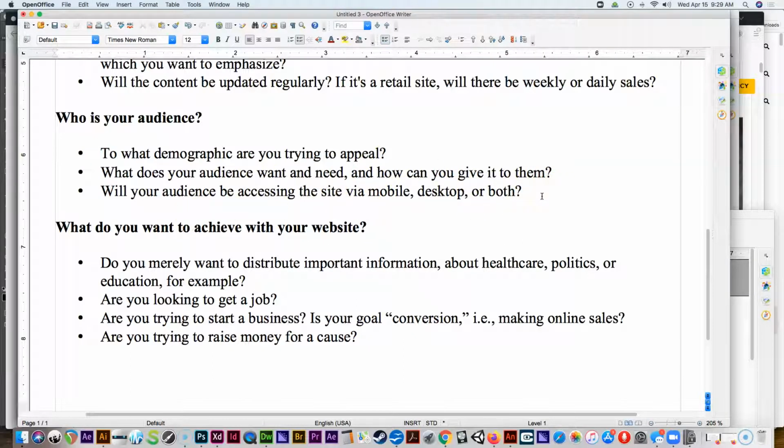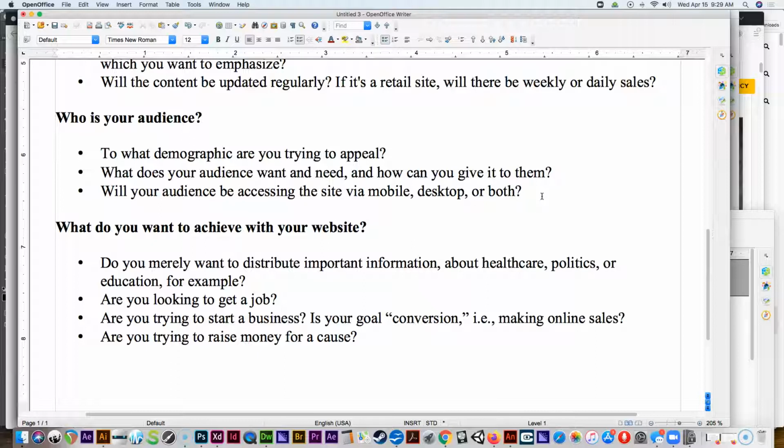Say for example that you were doing a website for a startup, or an imaginary startup, and it was going to be a social media marketing company. Well, obviously, you're catering to a young audience that is mobile based. So you might do what's called mobile first design, which is first make the mobile version of your website and optimize it for younger people who are going everywhere on their phones, and then